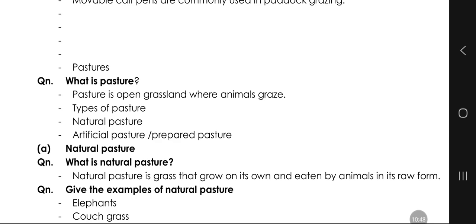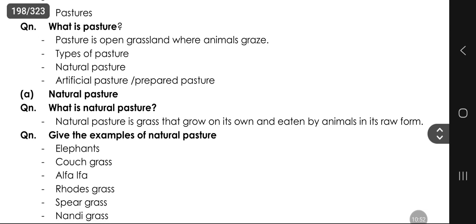Then next, give the examples of natural pasture. Examples of natural pasture, we can talk about some. There is what we call elephant grass. So that statement is not elephants, it is elephant grass. The so-called bisagazi in local language, we eat bisagazi. Another one is coach grass. Coach grass is the so-called lumbugu. Lumbugu is also eaten by